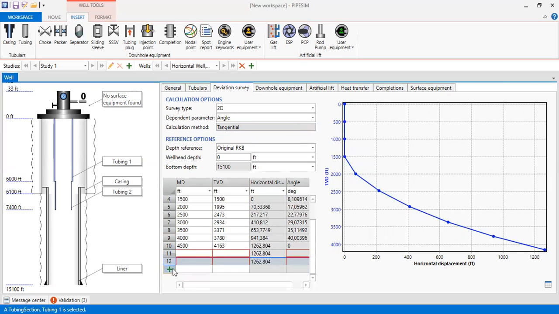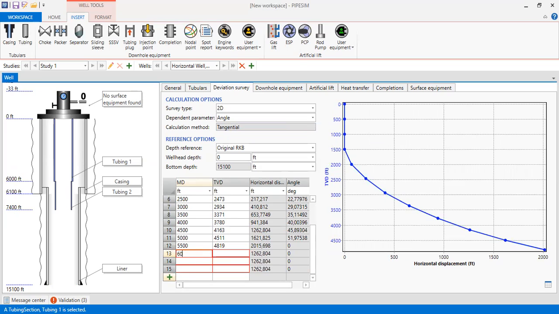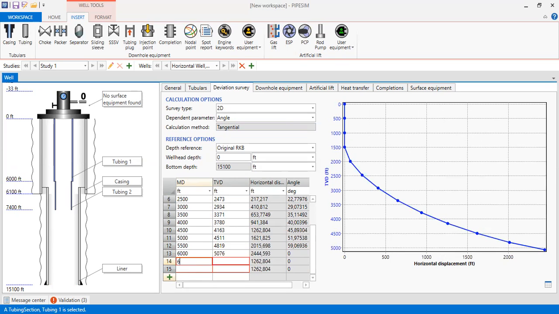You can add a little bit more, 5,000, 4,511, okay, and 5,500, 4,819. And we continue, 6,000, 5,076, and after that,